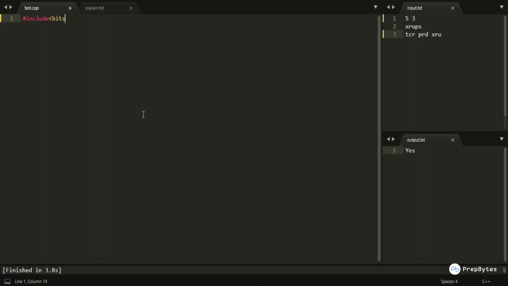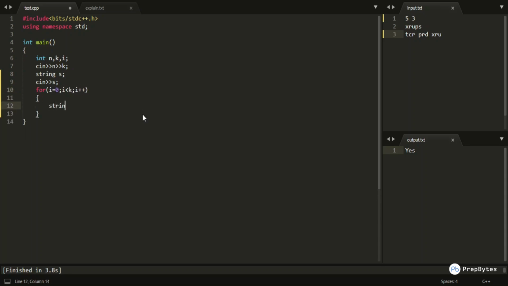Okay, let me include the header files. I will just declare the n and k given by the user, and I am having another string s. Now I will loop through these k keys, and I will take it as input from the user.